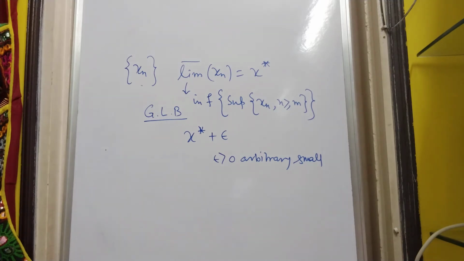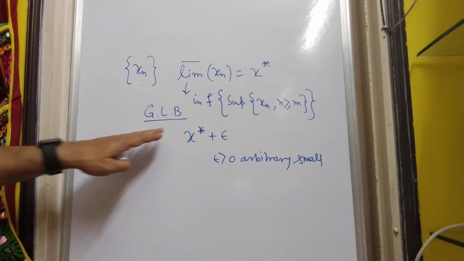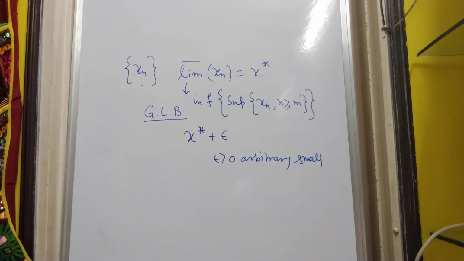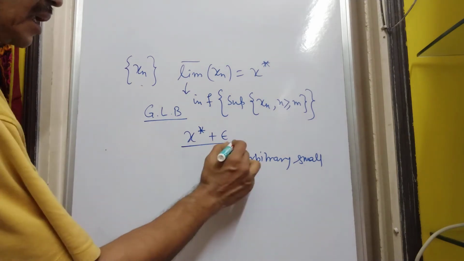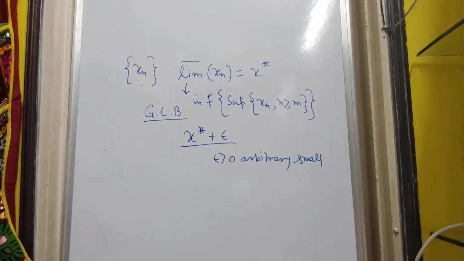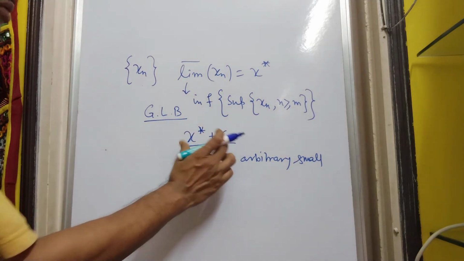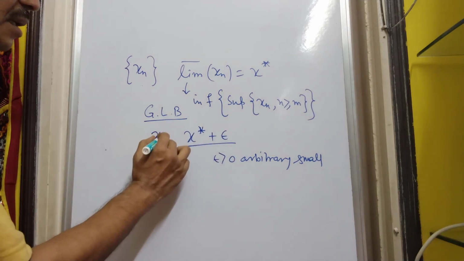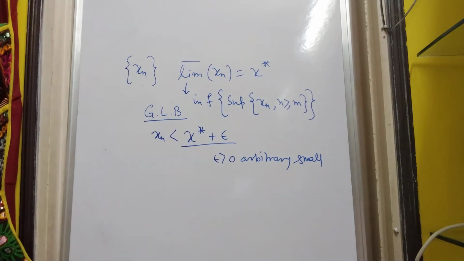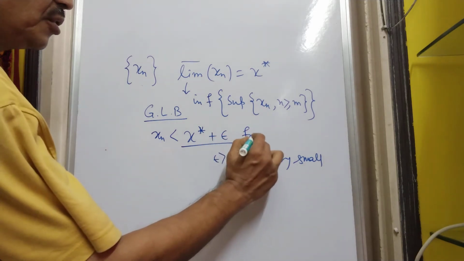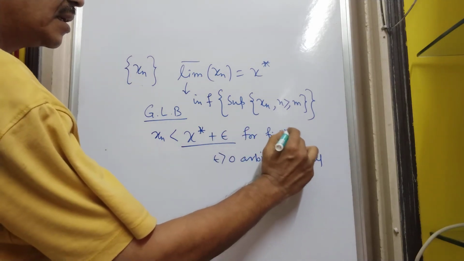This is the greatest lower bound. So if we increase it by the slightest positive amount, this is no longer a lower bound of this sequence, and we must have xn less than this. This is not a lower bound, so xn will be less than this. This is for finite n,